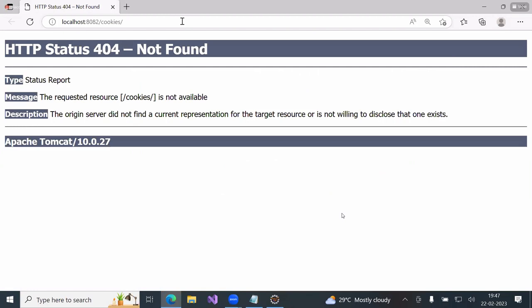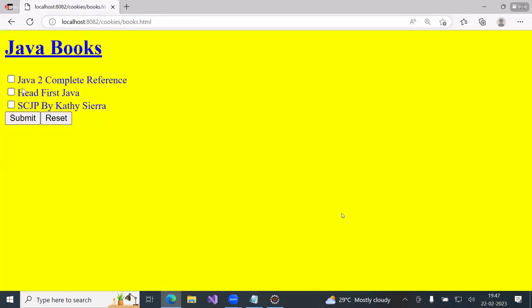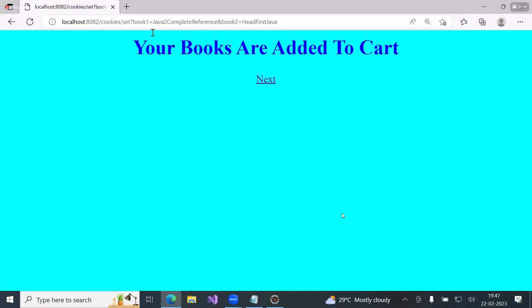Here books.html. Suppose I selected one book, two books I selected, submit. You observe here,